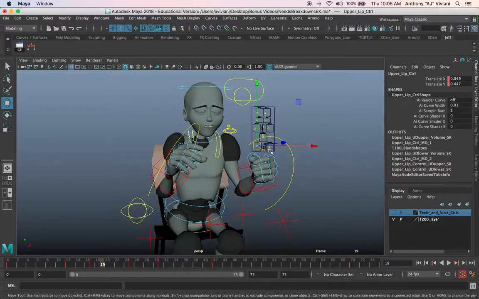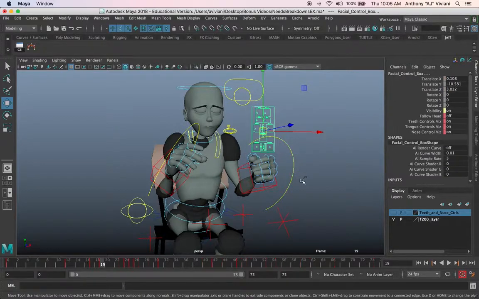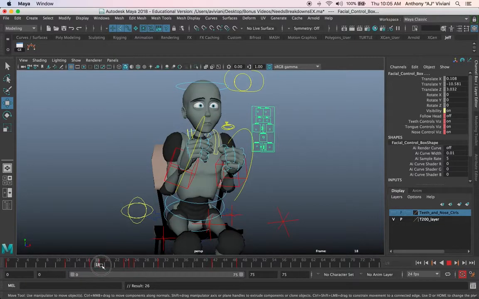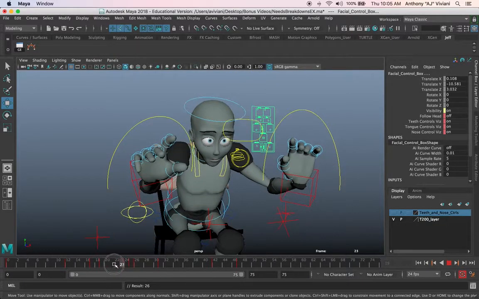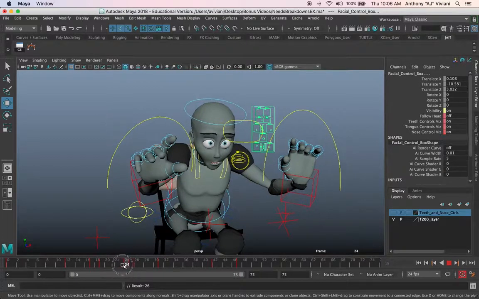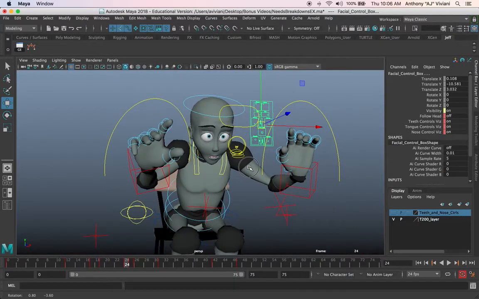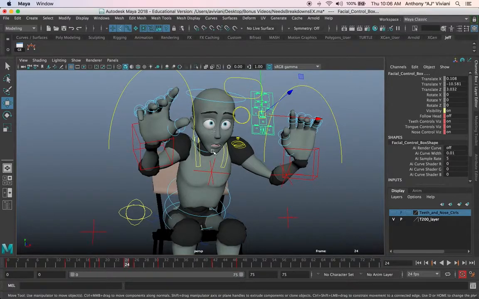Might even zero these out on the lips there. So you do that. We'll grab all of this. Of course, I don't want the hand control there. Key that. So now you go from here to, and then up into that. Now, this position, the face there, you'll probably want this to get into this face pose sooner,